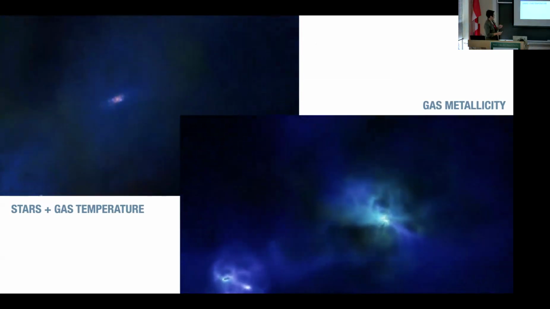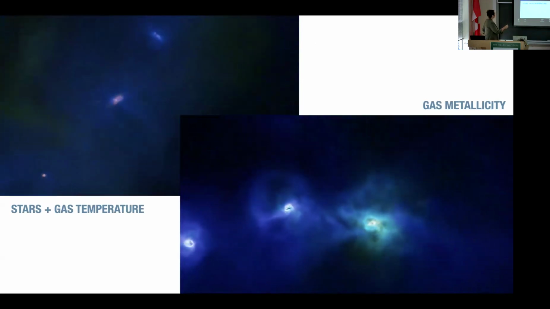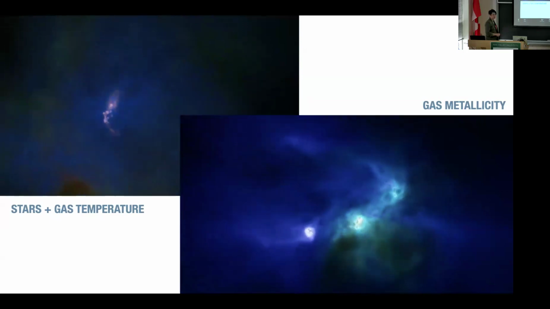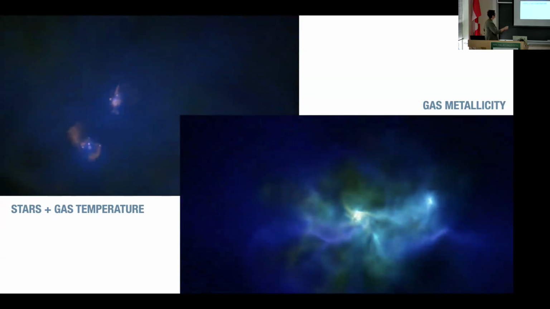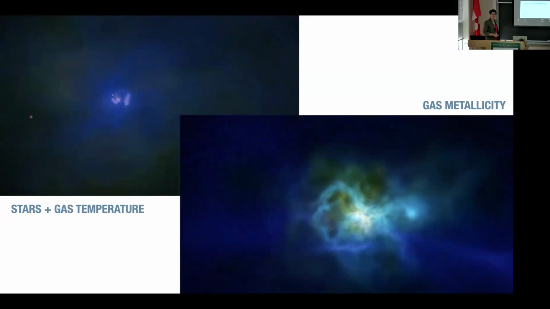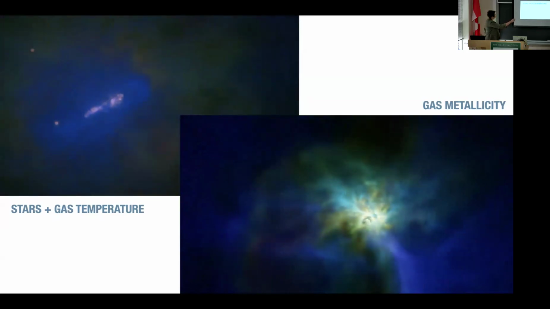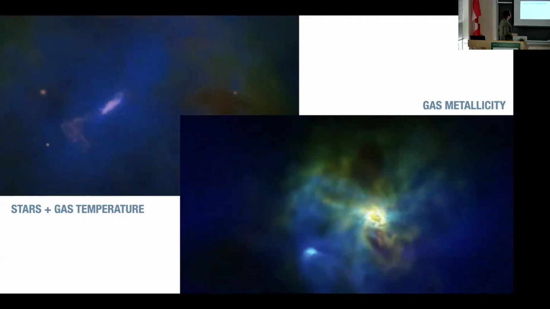Each one is a different galaxy, and each movie is showing you a different thing. So if you look up here, there's like purplish pink stuff in the center. Those are the stars forming in this dwarf galaxy, and they're color coded by their age and their metallicity. And then mostly you're seeing a lot of blue gas. That's the cold neutral hydrogen gas in these simulations. You can see when feedback goes off, you might see some green and red over here. That's the hotter gas that's being heated up by that feedback.